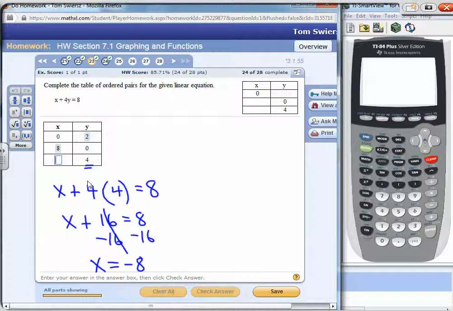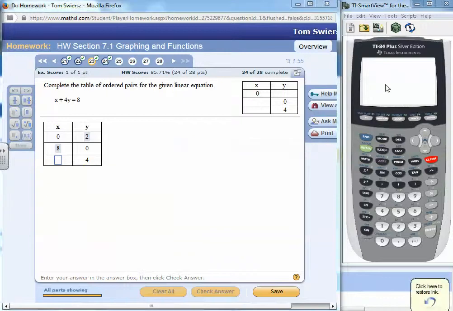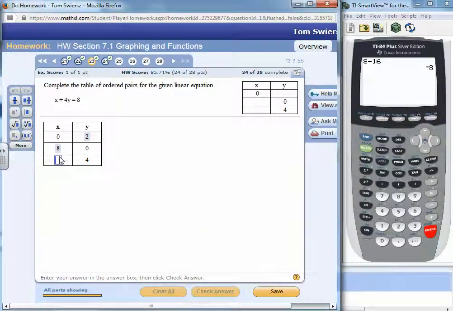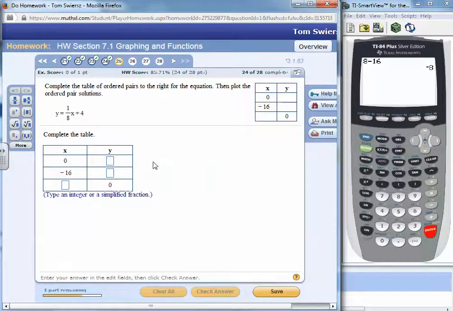Or you can do it on your calculator. 8 minus 16 will give us negative 8, okay? So again, on the calculator, 8 subtract 16, and you get your negative 8. All right, very good. All right, number